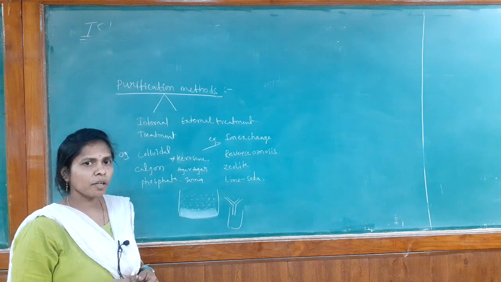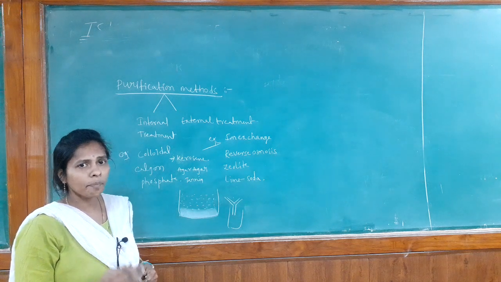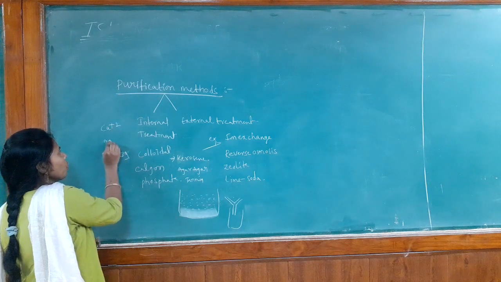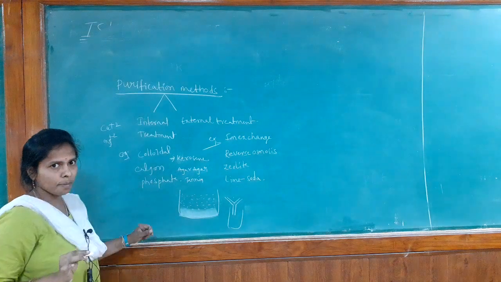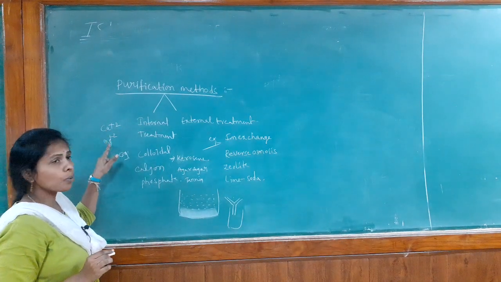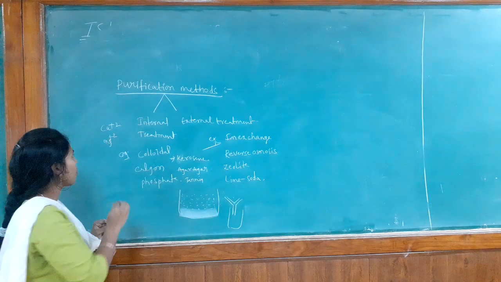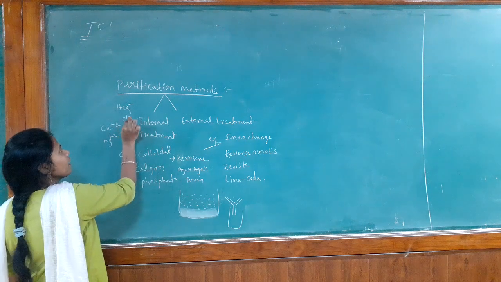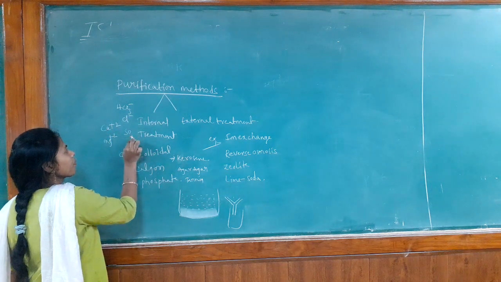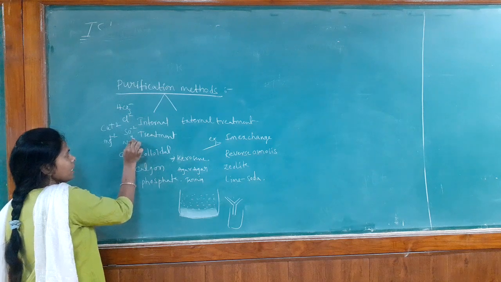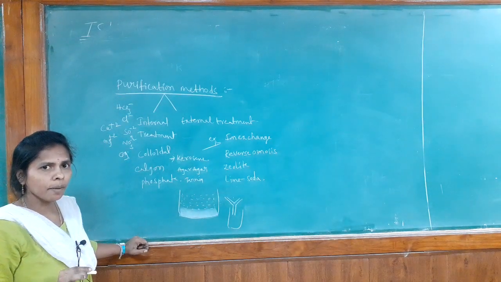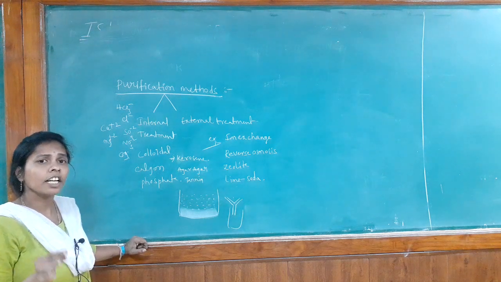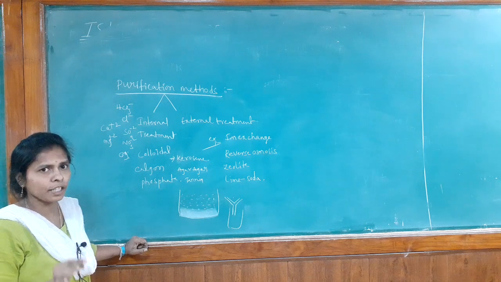We know what salts are present in the water sample: calcium plus 2 and magnesium plus 2. Not only that, we know what anions are present in the hard water sample. Calcium plus 2 and magnesium plus 2 are present in the form of bicarbonates, that means HCO3 minus, chlorides, sulfates and also nitrates. These are present in the water sample, but the Calgon method removes only the calcium in the water sample.